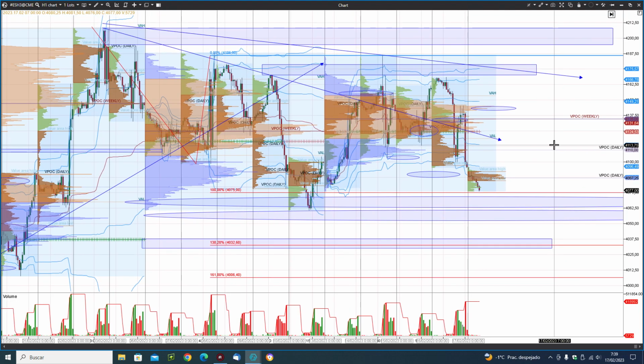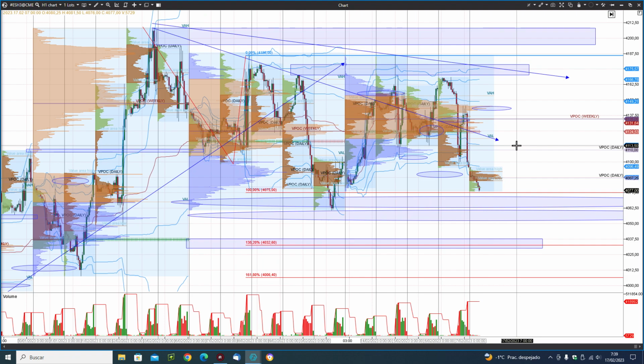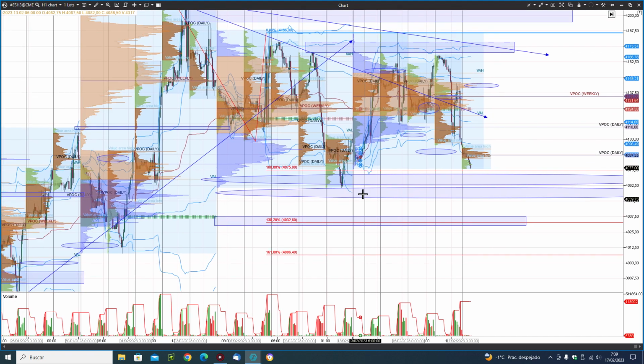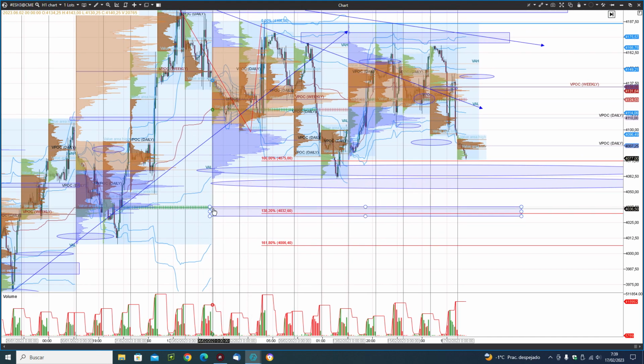Let's talk about S&P. S&P, we have broken the value area low. Next target, this price action zone, minimums of 2 weeks ago, and this high volume node, about 4,068. Next step will be this high volume node at 4,055, and last one perhaps this final of VWAP line, the weekly VWAP at